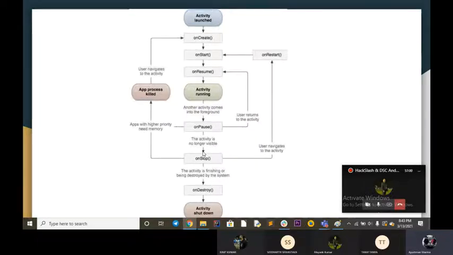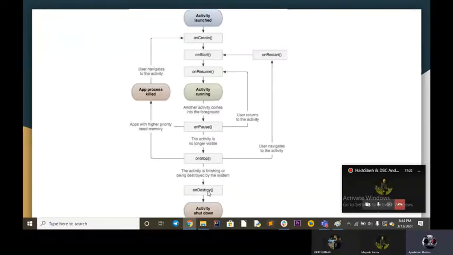Now, second is the onStop. We can consider onStop and onDestroy as: if we close our application, then the onStop method is called and the application gets killed. The onStop method stops the application, and the onDestroy method kills that particular UI and the activity shuts down. So it can be a little overwhelming, but with time and with experience we will get to know about it really well.